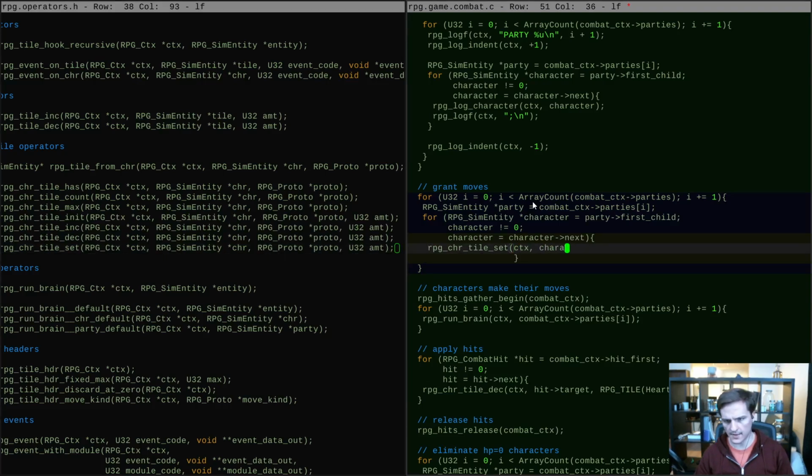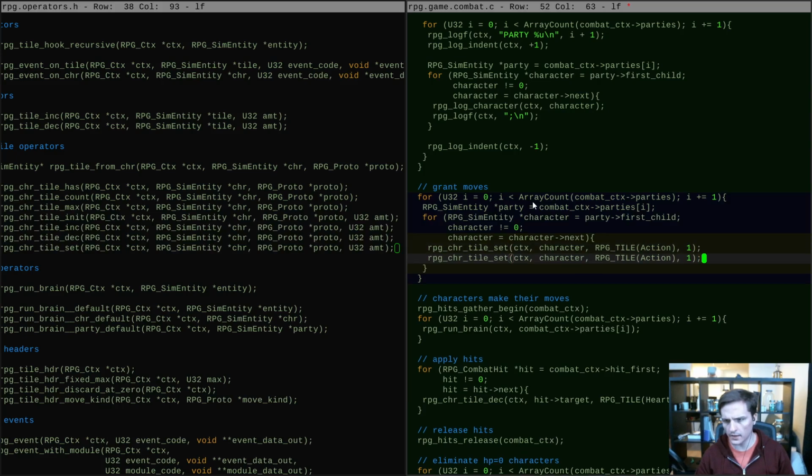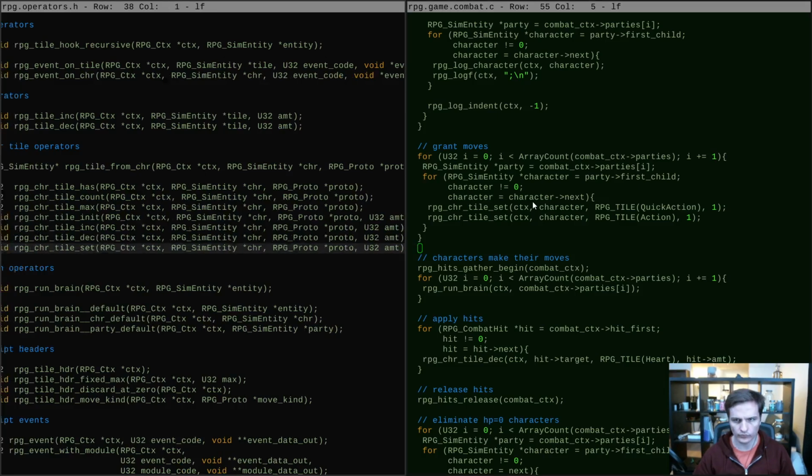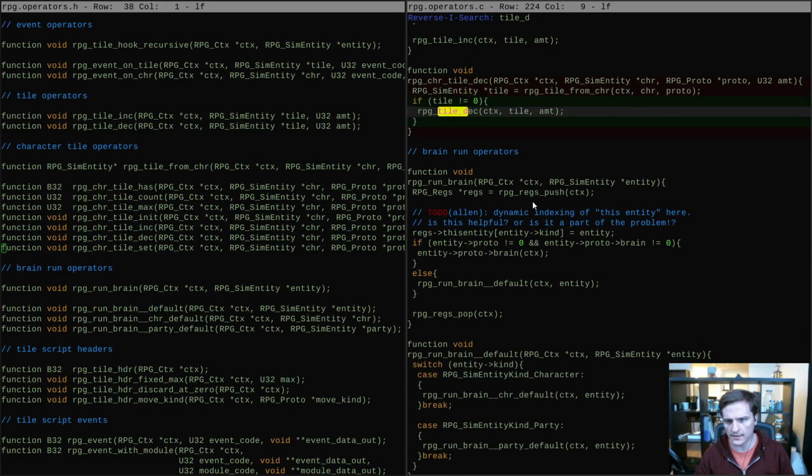Then I give it the context, the character. The RPG tile action 1 and the quick action 1. Now that operator set